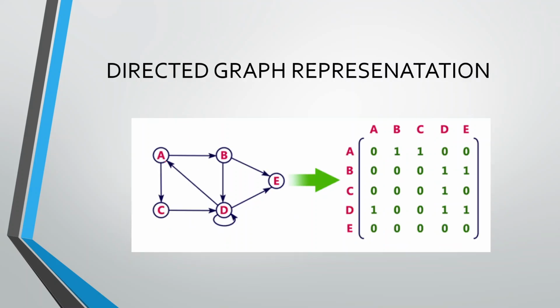If it is a directed graph, then from A to B I have a way, but B to A I don't. So B to A will be 0, A to B will be 1. In the same way, from A to C I have a path, so A to C is 1, but C to A I don't have any path, so C to A is 0. If a self loop is there, it is going to be 1. Understood? So this is the adjacency matrix representation for both directed and undirected graphs. Make sure we concentrate more on the direction while constructing the adjacency matrix.